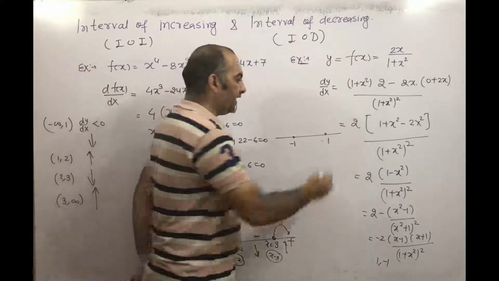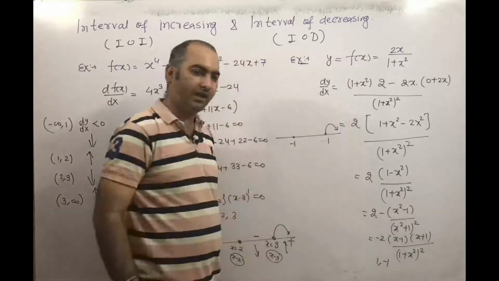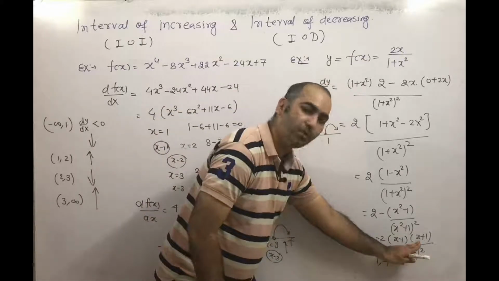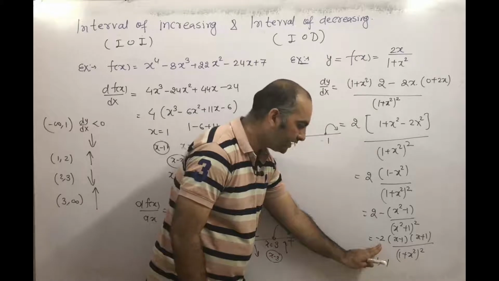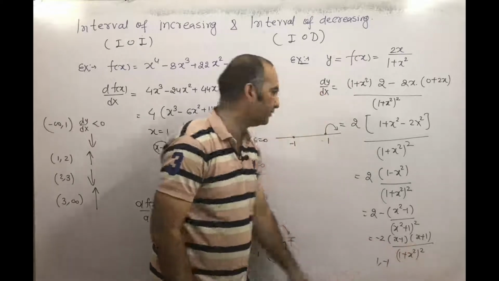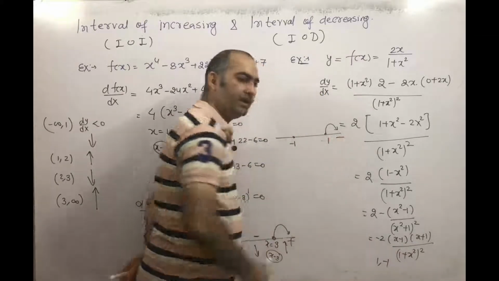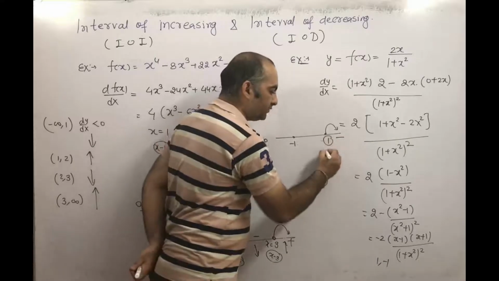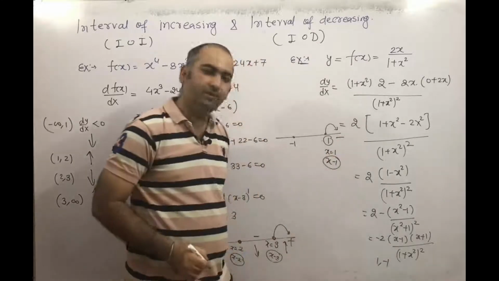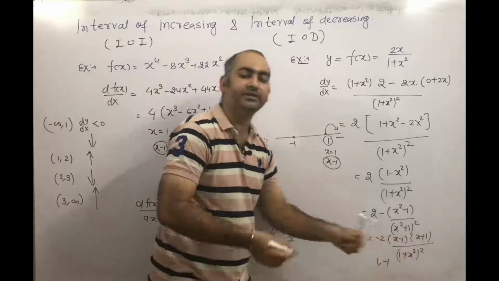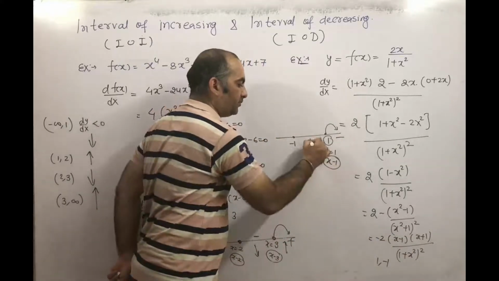Now if I take any value greater than 1 and put it here, the factors are positive, and the minus sign is negative. So negative into positive will come negative. So this side will be negative. Next, this is 1, so we can write x equal to 1, so x minus 1 will come. The power of x minus 1 is odd, so we have to change the sign. So this side is negative, this side will become positive.